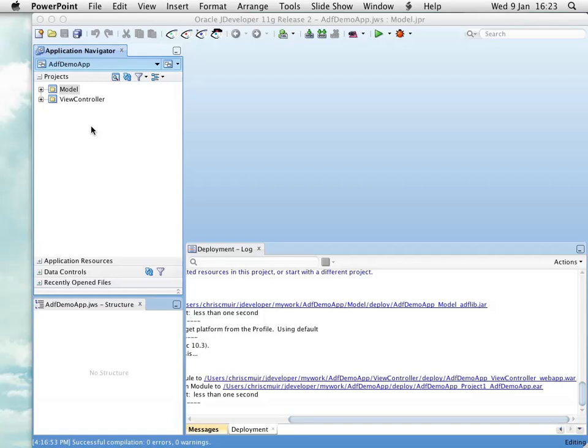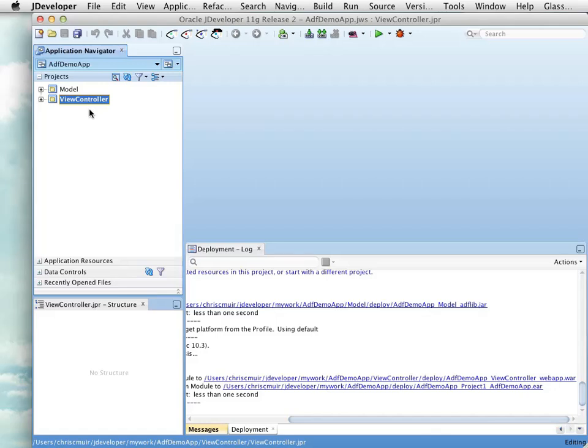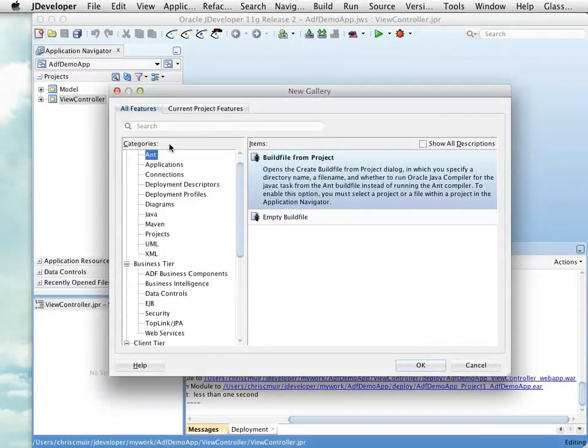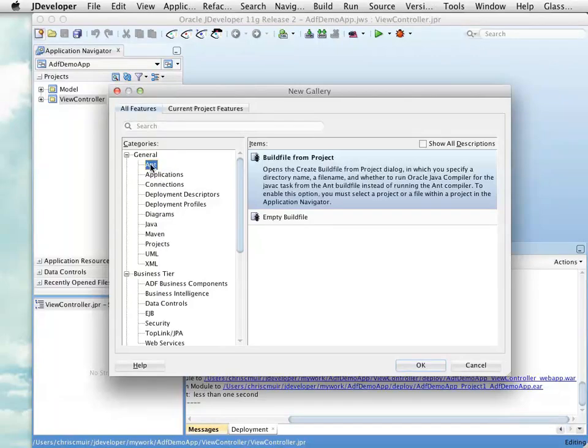Now, if we just return to the JDeveloper IDE, the key configuration file for Apache Ant is something called a build.xml file, and ultimately that's the Apache Ant script file. Now, we want a build.xml file with ojdeploy within it. So how do we go about setting one of those up? The really nice thing about JDeveloper here is it will actually generate the right build.xml file for you. So what we can do is click on New and go to the New Gallery, All Features option,